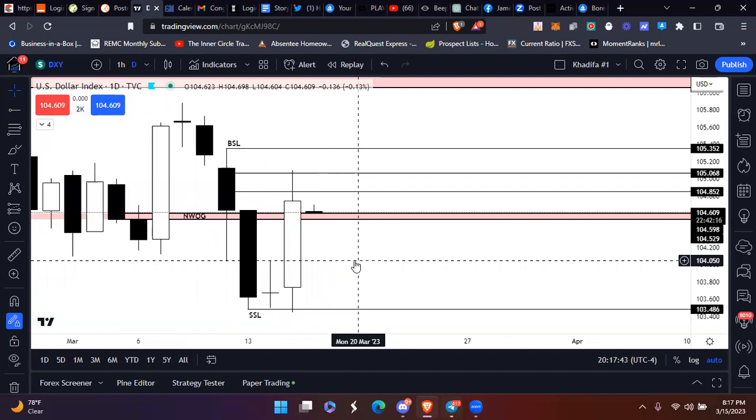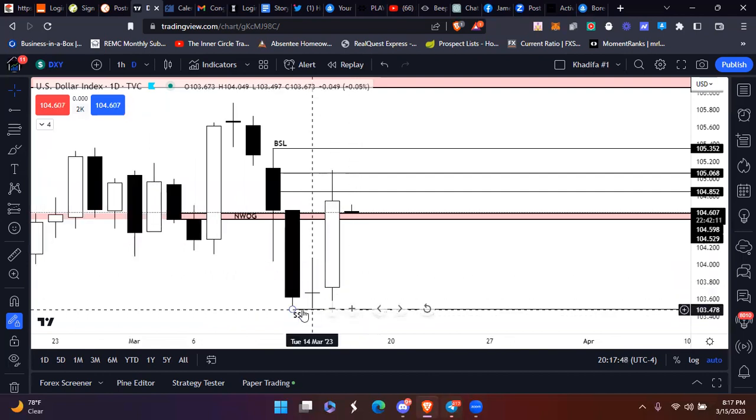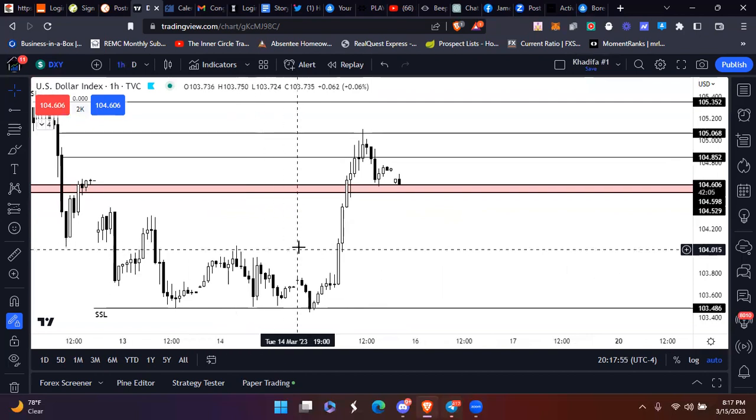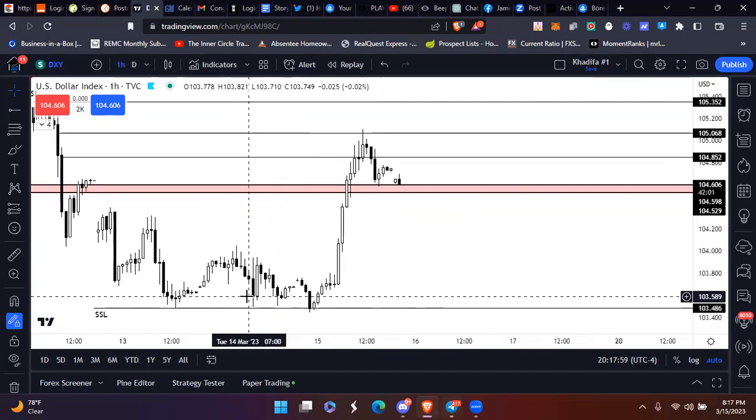So with that being said, today, once we seen that sell side liquidity ran, we go down to the hour time frame. We see that sell side